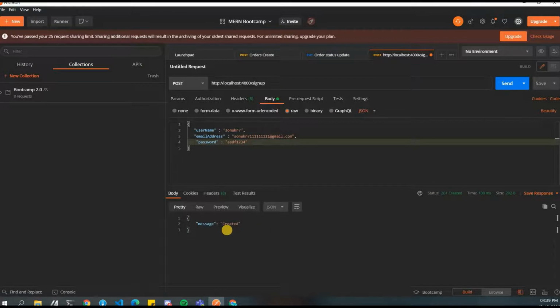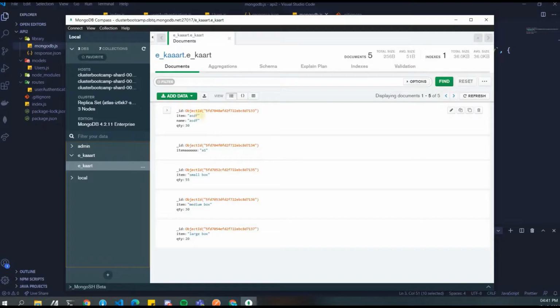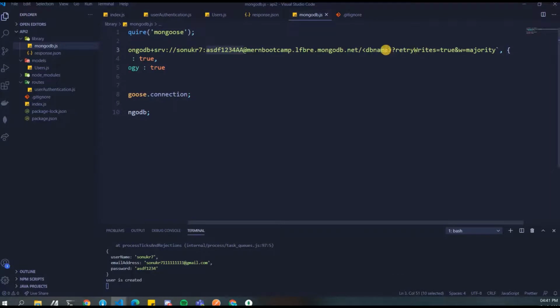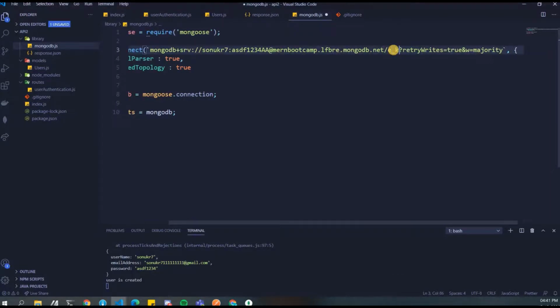See, message created. So we want to see if this user was created or not. Okay, so we'll pause it here, and then I'll bring in MongoDB Compass and we'll see whether the user was there or not. So guys, if you see here, this particular instance was not connected. Our DB name was not specified, so nothing came up here. So for that, let's change this DB name to whatever DB we provided.